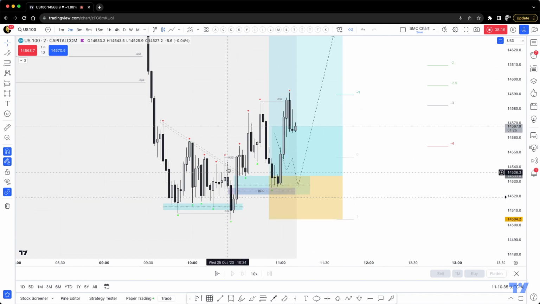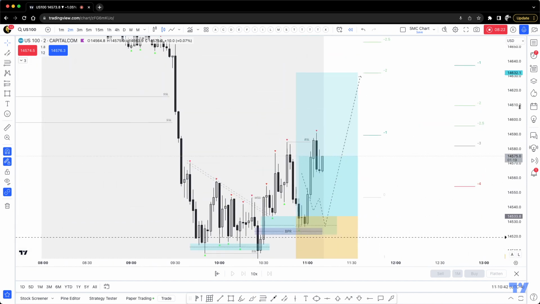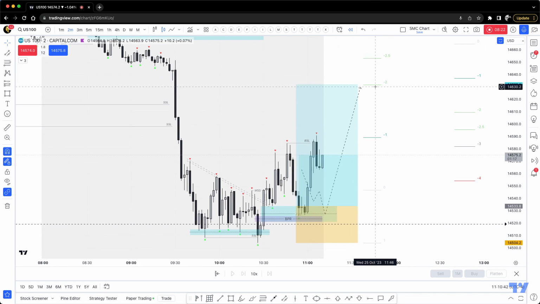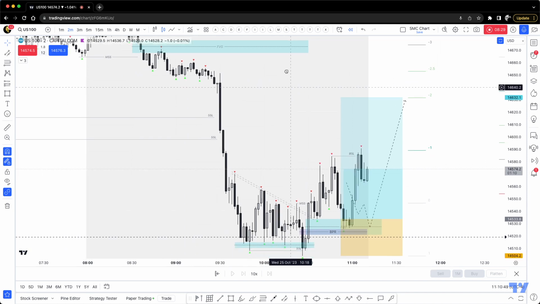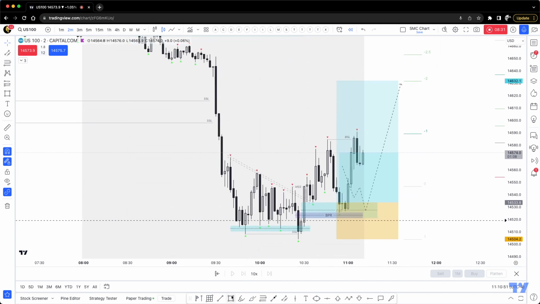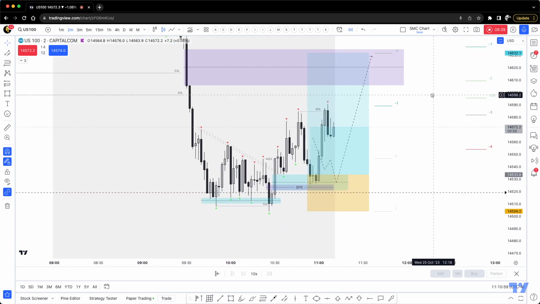So from the low to the high, just marking up our standard deviation projection, and normally targeting at least 2 and 2.5, which is probably above this high, this particular high right there. Or if you want to look at it, there's a lot of fair value gaps right here. So you could be aiming somewhere in this area. That'd be your actual target.